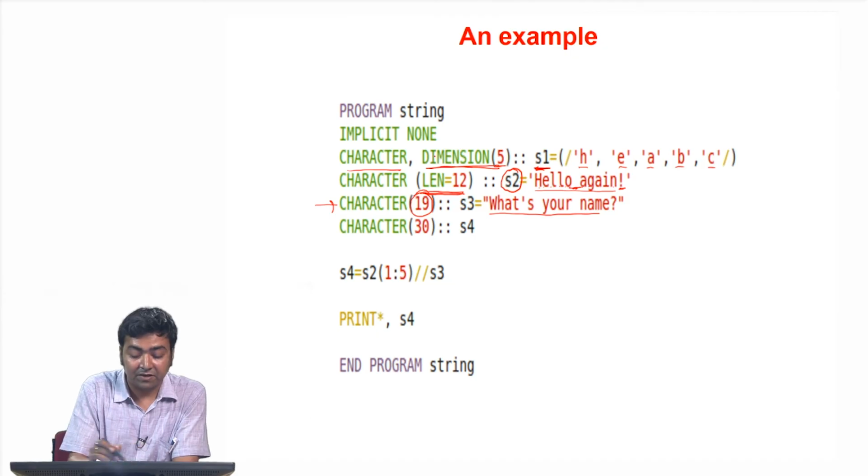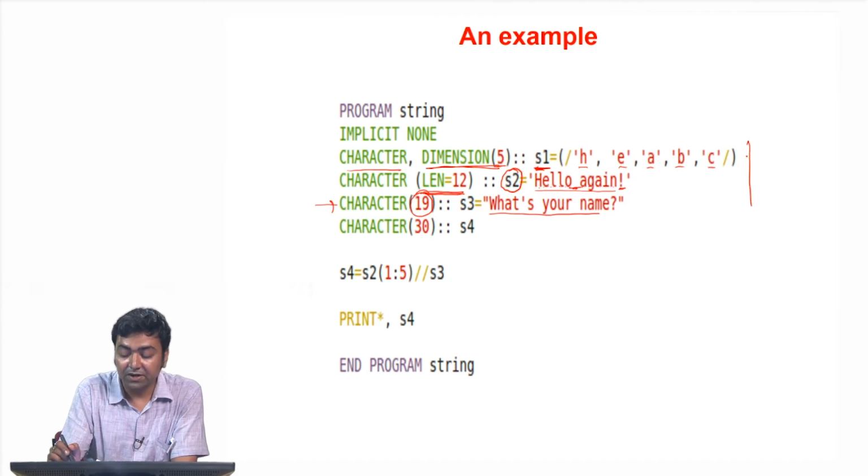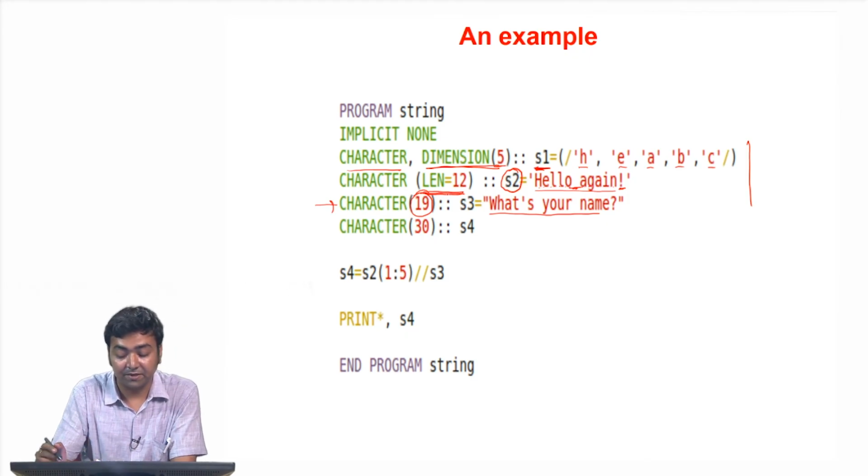So, the thing is that these three store arrays which contain characters instead of numbers, and these are the three different ways people typically use to assign the dimension. And this is an